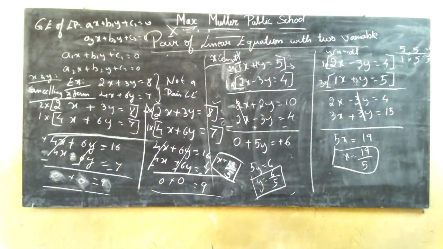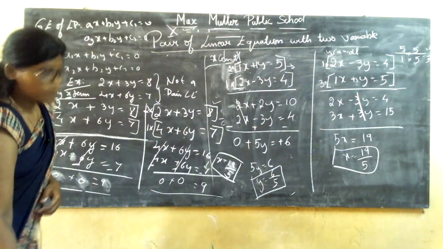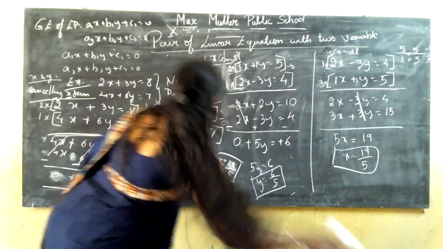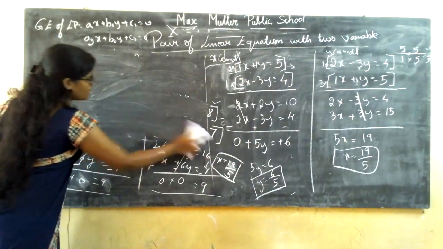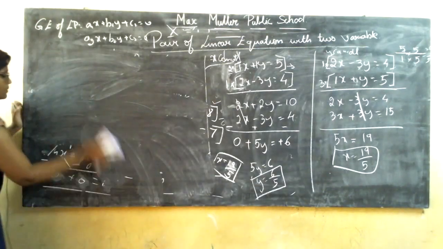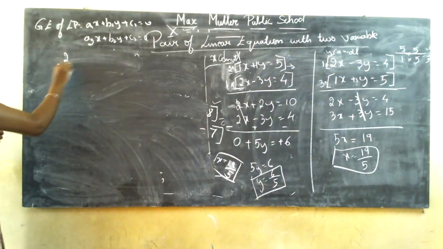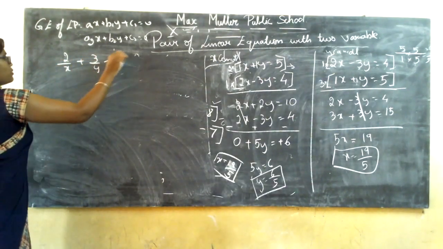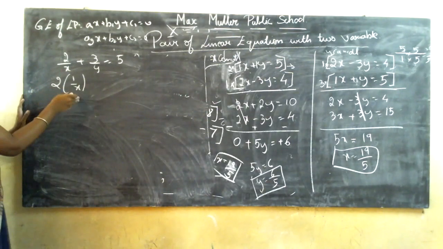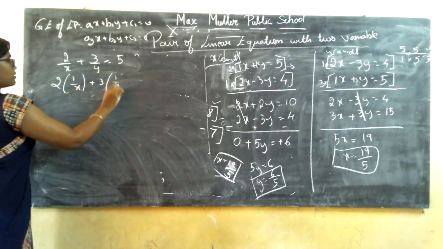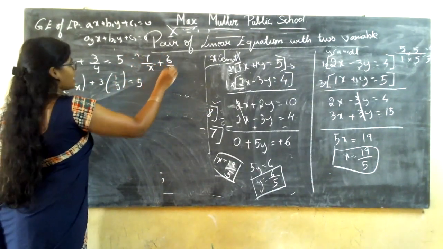After this you have the reducible method. That reducible method is not needed for the multiple choice part, because the reducible method is of this type. You will get questions based on this kind. I'll tell you how it is, but it is not very important for multiple choice. How you get the question is 2 divided by x plus 3 divided by y is equal to 5. So you get 2 by x. You are going to take the number outside and keep the alphanumerical terms inside. And the next equation you will get as 7 by x plus 6 by y is equal to 10.